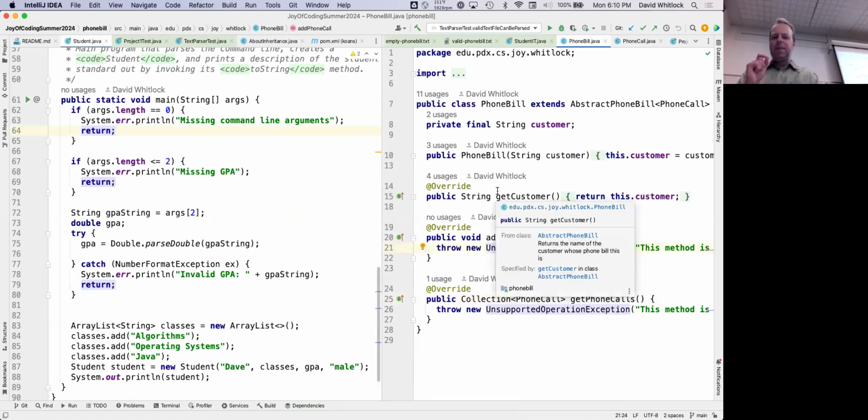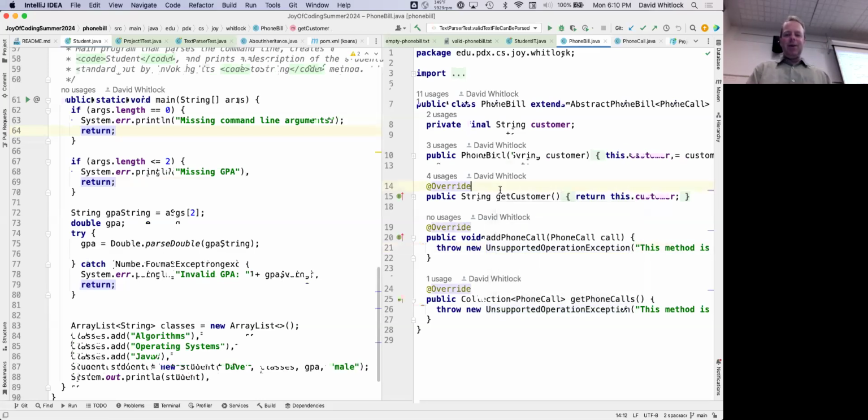But to be clear, nothing is being persisted to disk in project one. That's project two. Project two is all about writing stuff out to a file. Project one, it's all about command line parsing. And actually, you don't do very much in terms of the behavior of your phone bill. Don't worry, you'll do that in project two. So then, I mean, you could create a phone bill object.